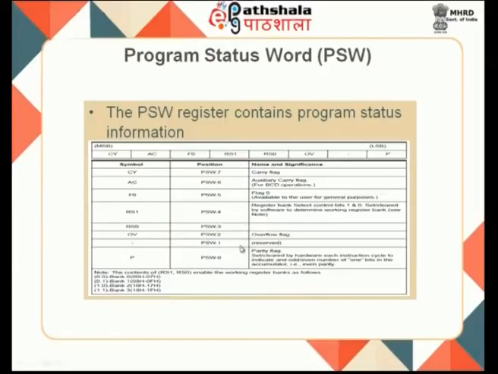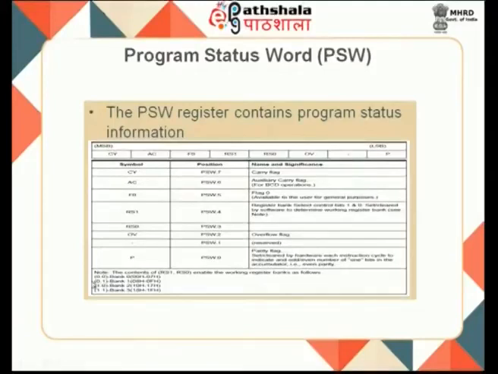So, when I am looking at my R0 to R7, 8 registers are there. What are all the addresses through which we will be using those particular registers will be decided by RS0 and RS1. This is a combination. So, I can make 2 bits, 00 to 11. Over here, 00 will be bank 0, the address for your R0 to R7 is 00 to 07, whereas 11 means bank 3, where 18H to 1FH.